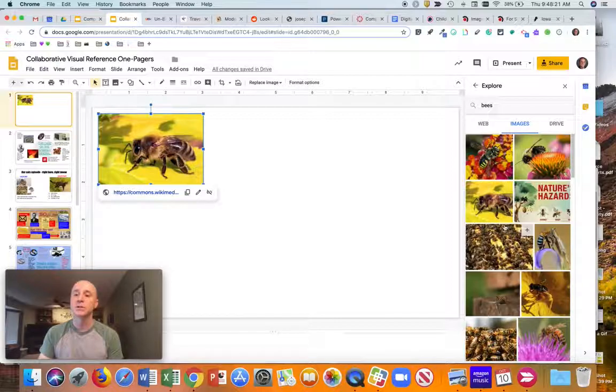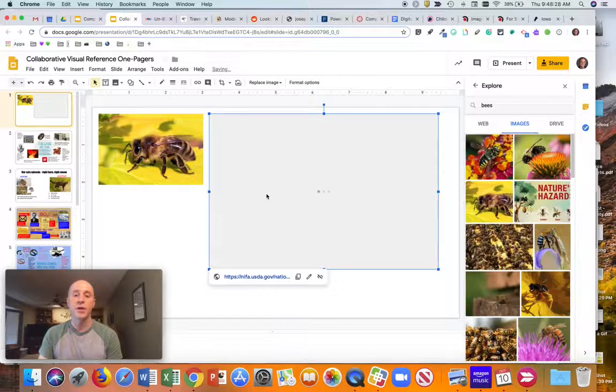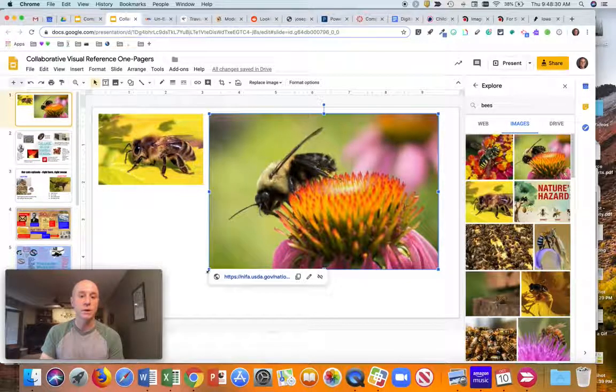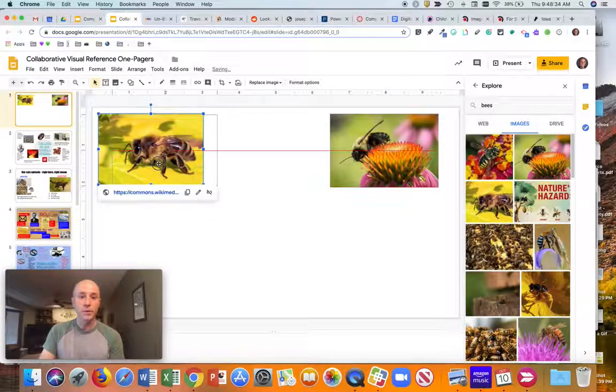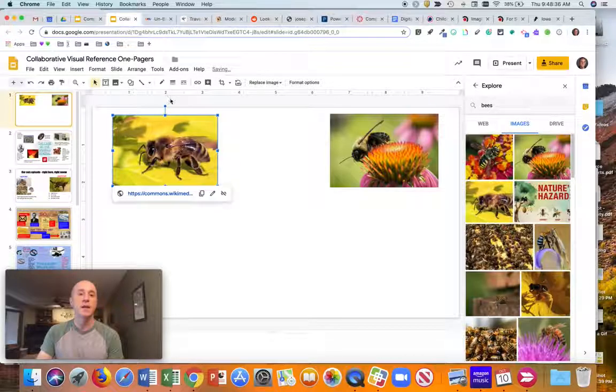Another way to add the picture directly, if you see this one and you know you want that one, you can immediately click on this plus insert image, and it's going to do the same thing rather than showing you that big one at first. So I could choose these two and resize them, maybe put them kind of how I want them,